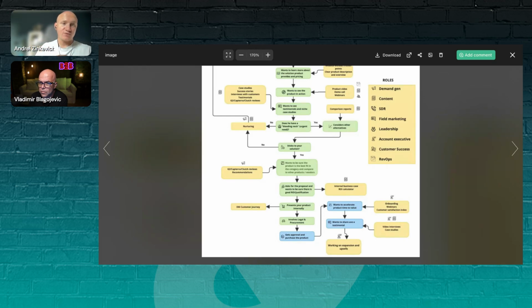Think about a football team, or how our friends from North America call it, soccer, right? So you have different roles in the team. You have a goalkeeper, you have defenders, you have midfielders, you have forwards, right? Obviously, on the pitch, they have different roles and responsibilities. But ultimately, the end goal of that team is to win the game and to win the championship.